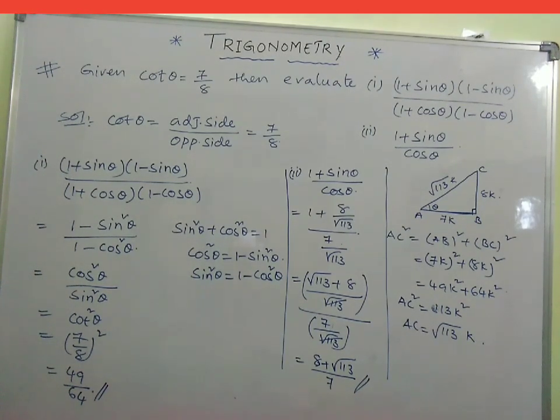This is the way we can solve problems of trigonometry very easily, if you are good at fundamentals. That is what we discussed in video number 1, the basic trigonometric ratios, and in video number 2 we discussed standard identities. And don't miss the fourth video, which is very important, in which we are going to discuss standard angles of trigonometric ratios.